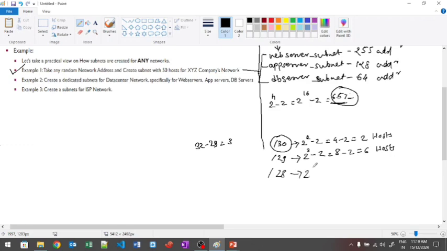Slash 28: 2 raised to the power of 32 minus 28, which is 4. 2 raised to the power of 4 minus 2, so 16 minus 2 is equal to 14 hosts can be created. Next, slash 27, slash 26, slash 25 and slash 24. We'll see till